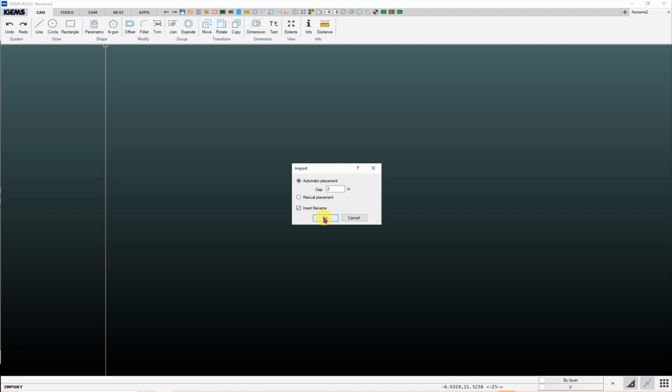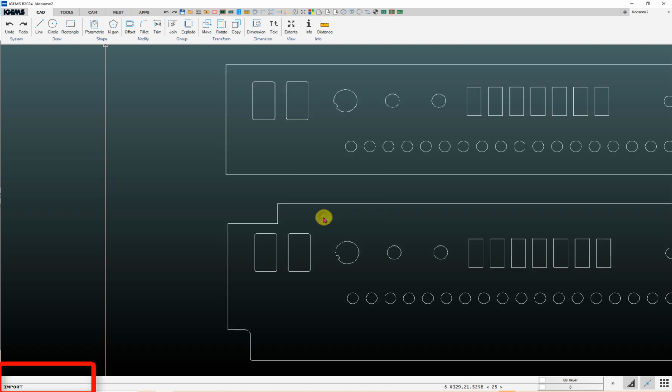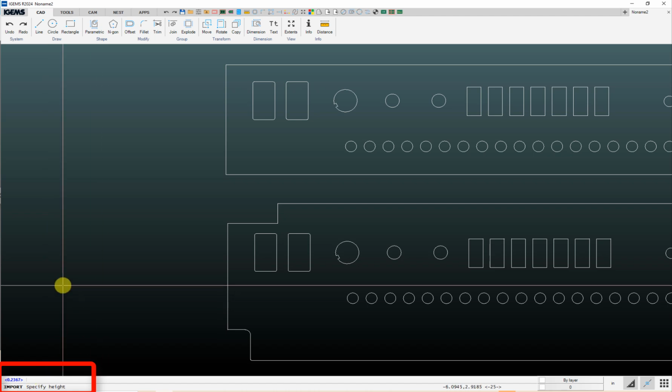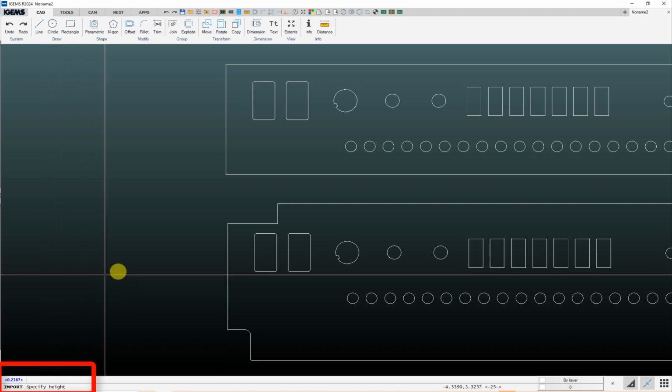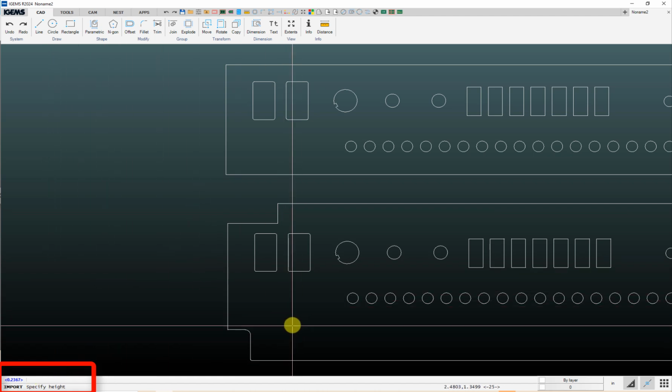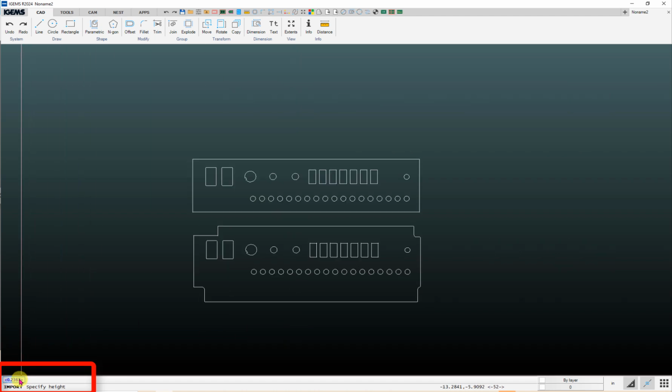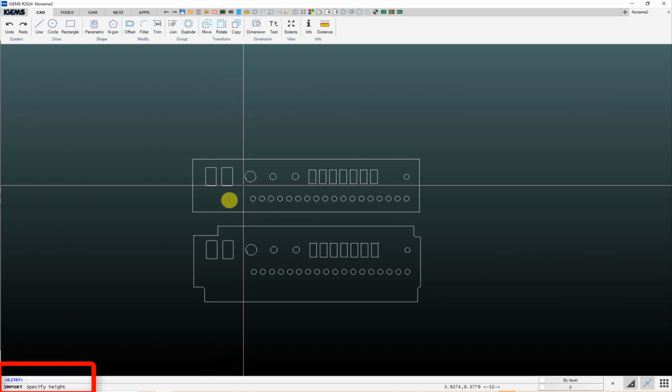Now this is where sometimes first-time users get a little bit confused as far as what's being asked of them. Click on OK, and first it prompts us down here in the lower left-hand corner, specify height. People often miss this. This will be for the height of the text that IGEMS is going to put on the part. You can either type in a number if you know approximately how big the part is and how